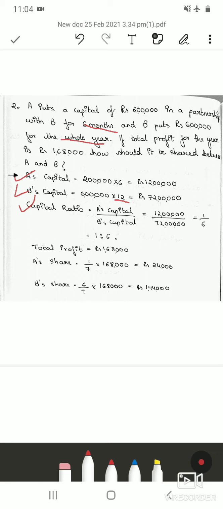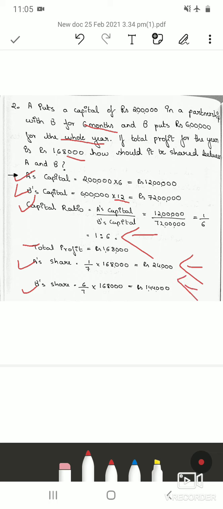So when you simplify the ratio, we will get it as 1 is to 6. So they have given the total profit, which is 1,68,000. So A's share will be 1 by 7 into 1,68,000, which is 24,000 rupees, and B's share is 6 by 7 into 1,68,000, which is